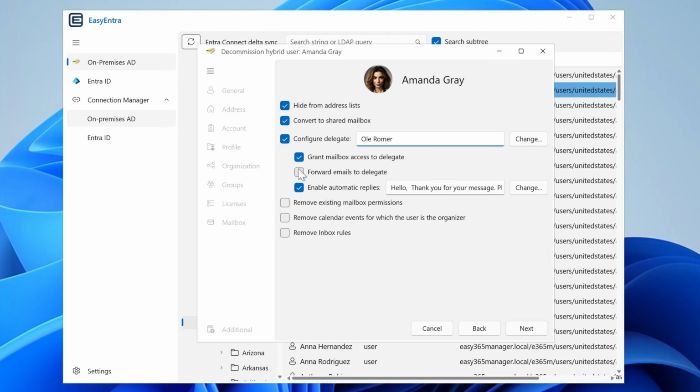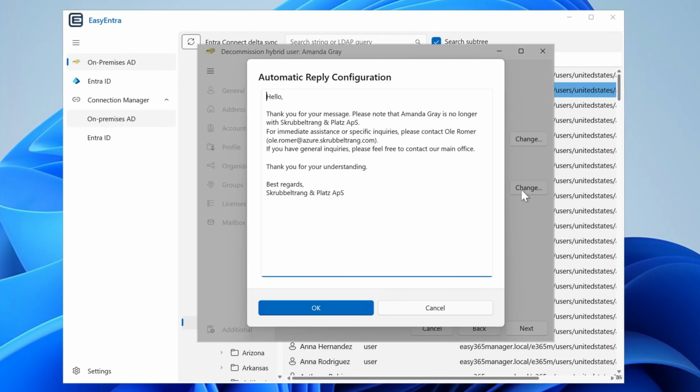And the delegate process has three possible selections here. One is to grant mailbox access, so this will set up send as permissions and full access permissions to the mailbox. You can set up a forward, meaning inbound email to the mailbox is going to be forwarded to the delegate. And then finally you can set up an automatic reply,